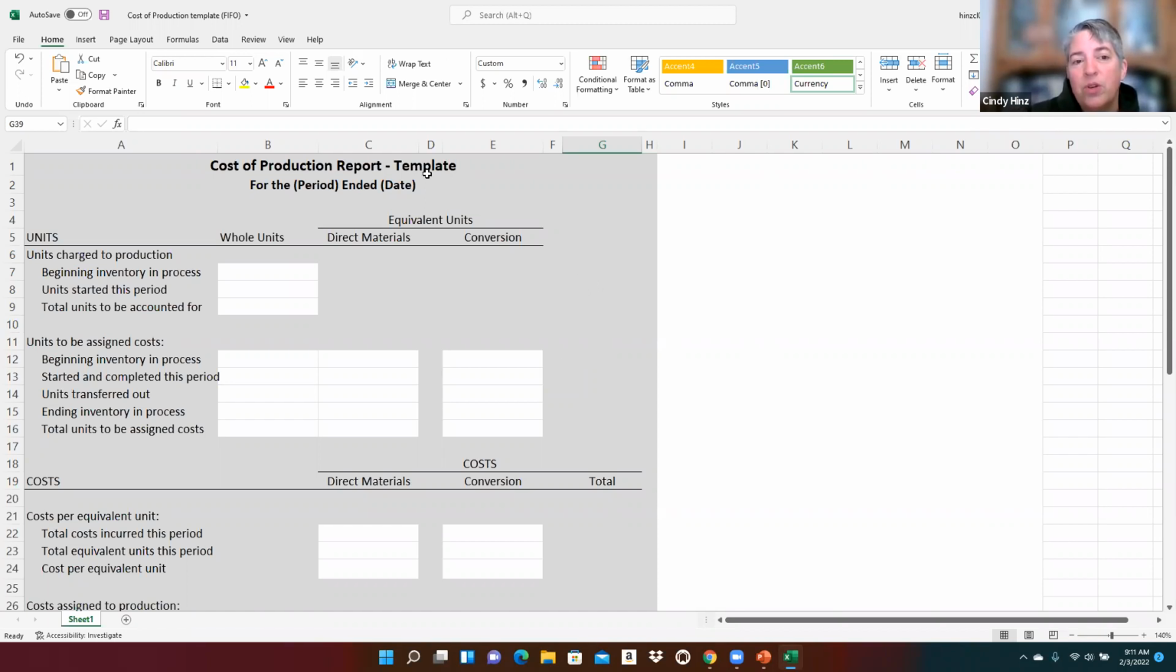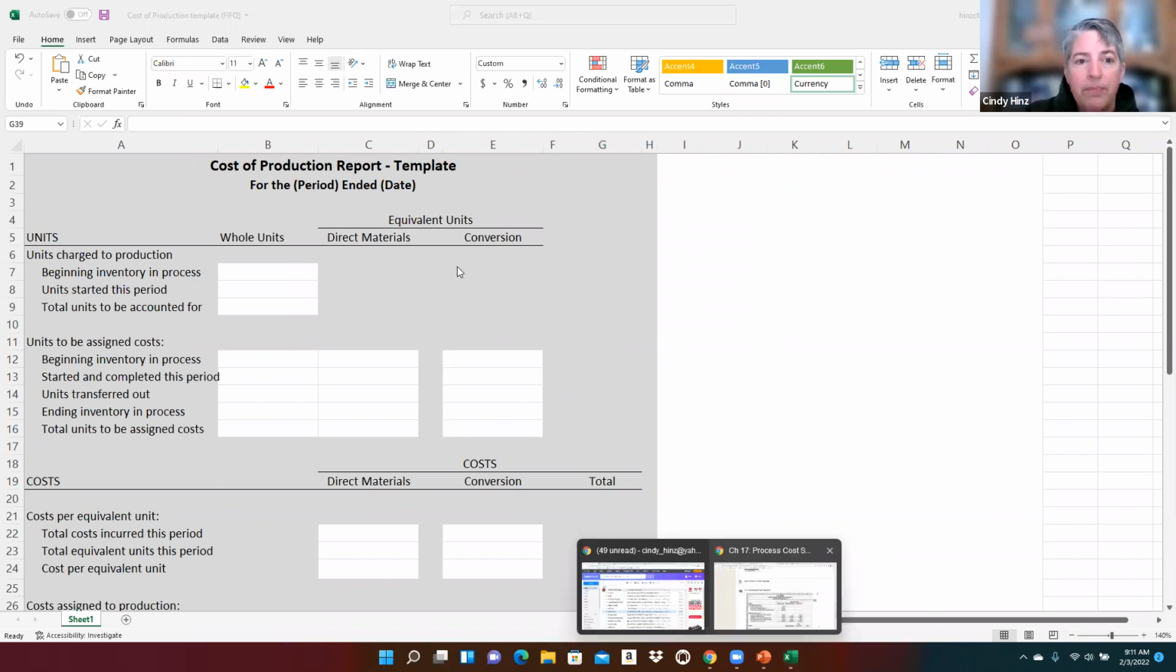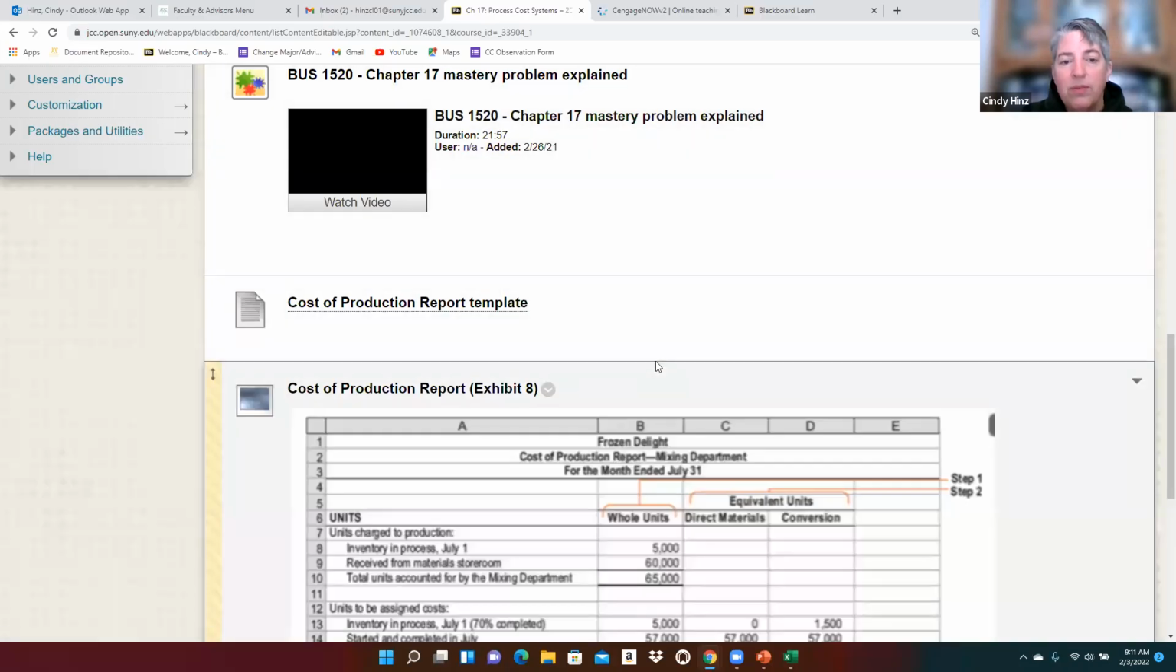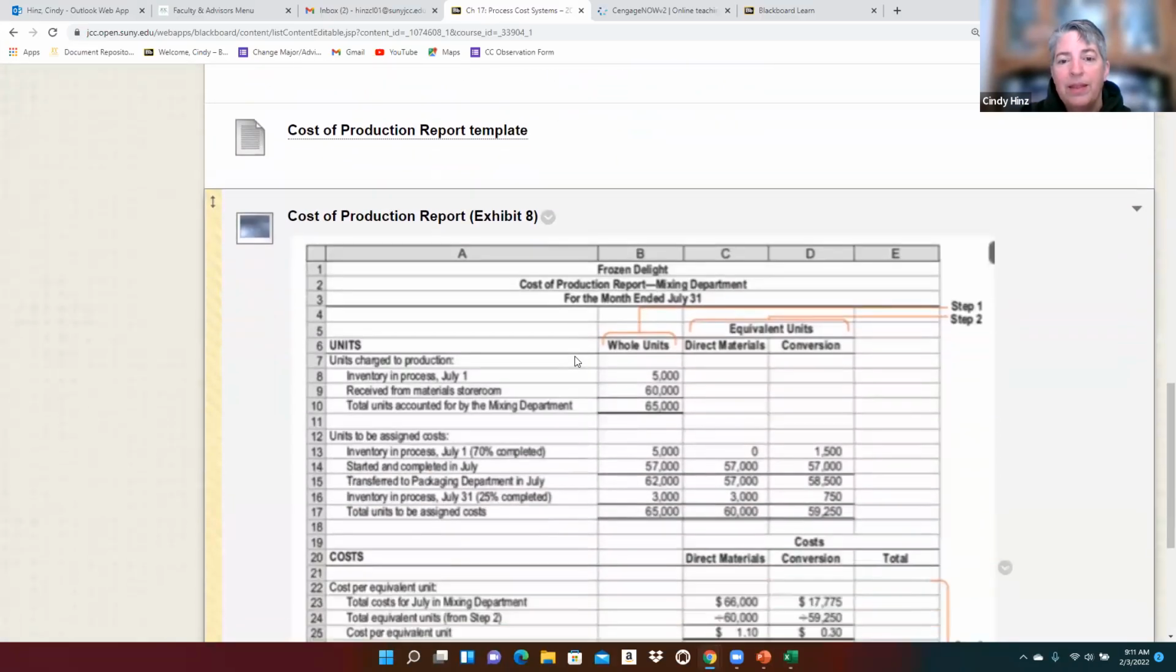The format is all here for you. That template is here for you to use if you need it for working on the homework problem or working on any exercises on your own. So that's that first link in the Chapter 17 reference materials folder. And the second